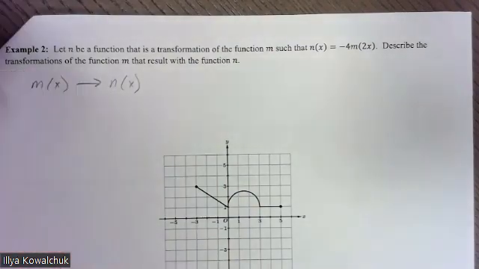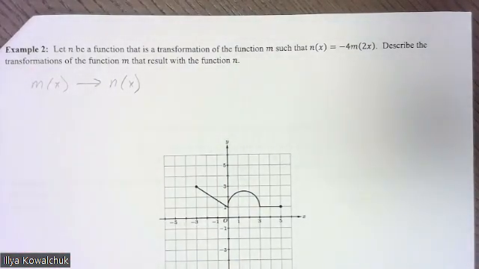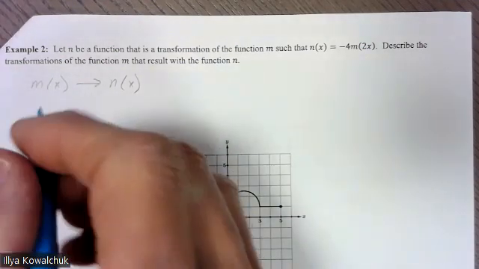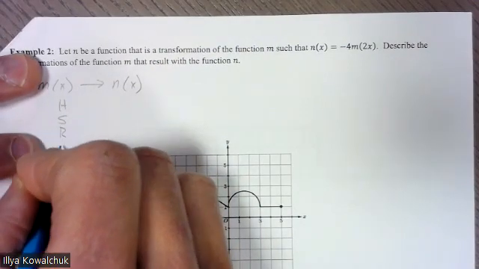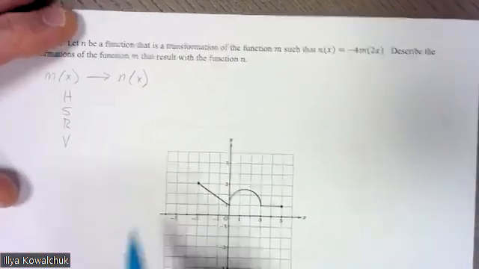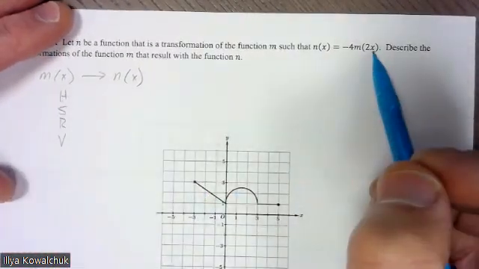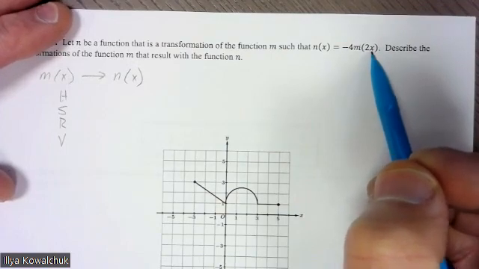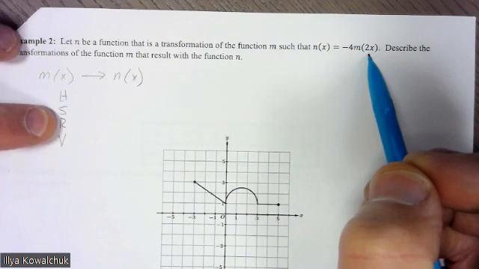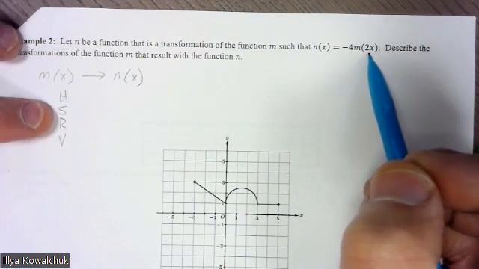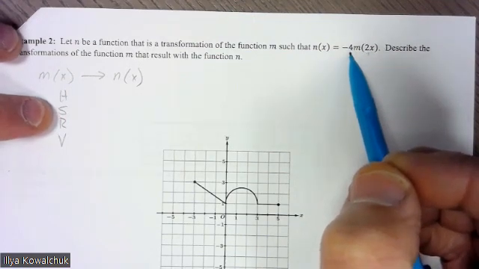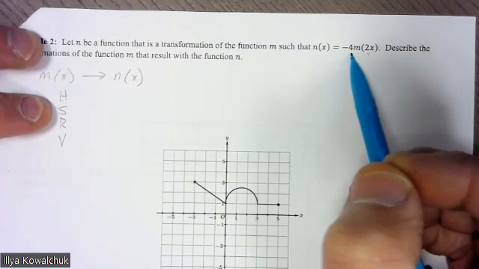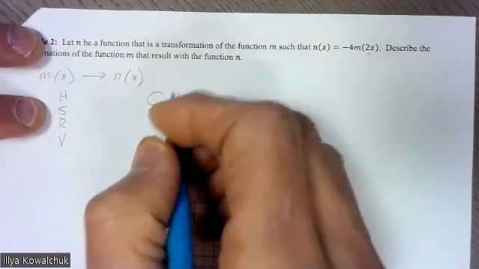4, 3, 2, 1. Okay, so now when I'm looking at this, what I'm thinking about is that I've got to consider this in terms of my order. So H horizontal, S shift, stretch, excuse me, R reflection, and V vertical shift. So in order. Horizontal, do I have any horizontal shifts? Well, that would be X minus or X plus something inside. So I don't. Okay, do I have any stretches or compressions? I do. I've got a horizontal stretch or compression inside the parentheses and a vertical stretch or compression outside the parentheses. So my first one is a horizontal stretch